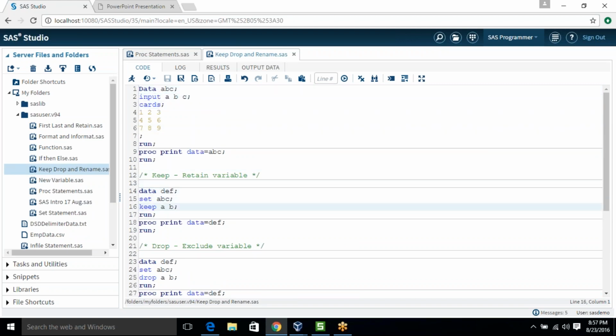When you work with very large data, then these options are very important. So are we good? Okay, fine. So I am moving to the next step.